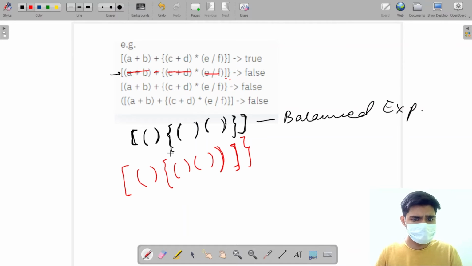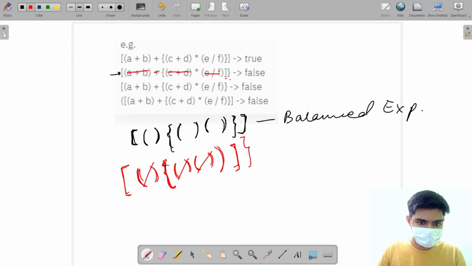So you can see that for this parentheses we have this parentheses, which is completely fine. For these parentheses we have these parentheses, but for this open curly bracket, I have these parentheses. Now there is a type mismatch, so we will return false because they are not balanced.